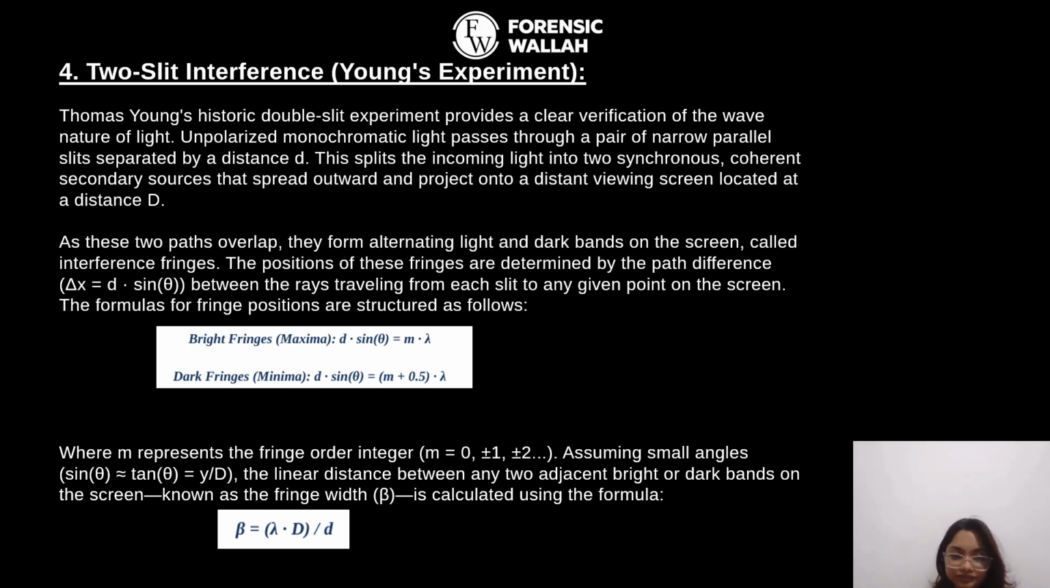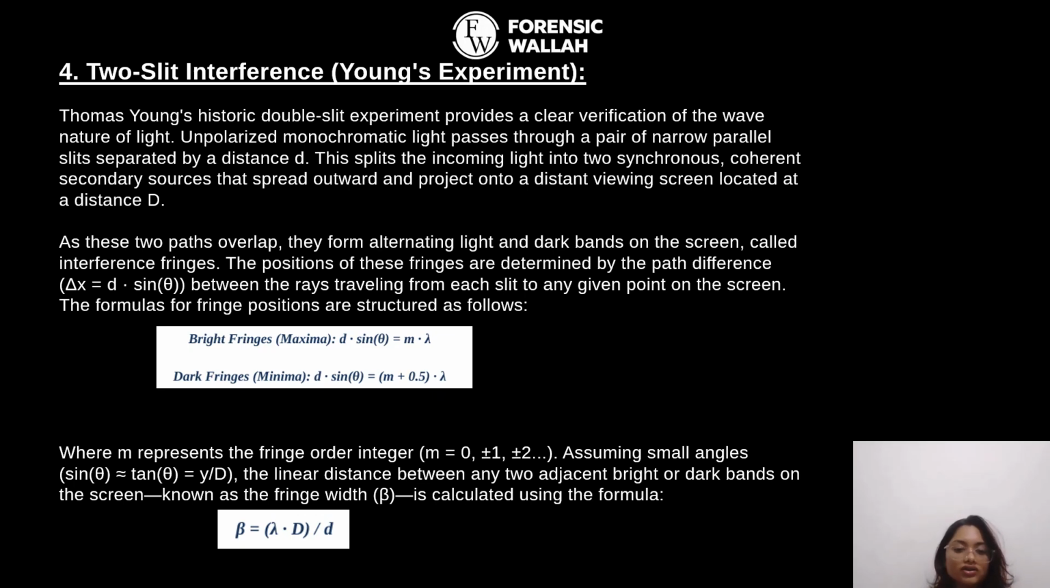These sources spread outward as spherical waves and project onto a distant viewing screen located at a distance, that is capital D. As these two paths overlap, they form alternating light and dark bands on the screen, known as interference fringes. The exact positions of these fringes are entirely determined by the path difference, that is delta x equals d times sine theta,